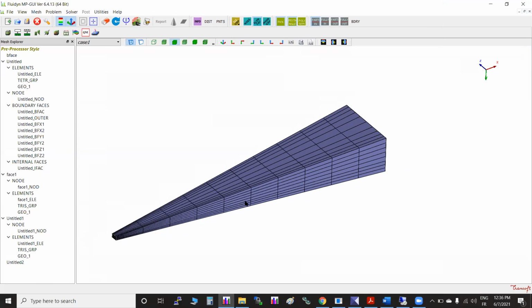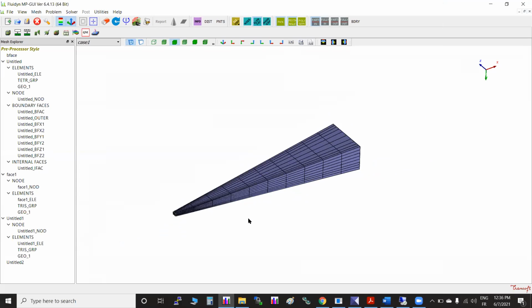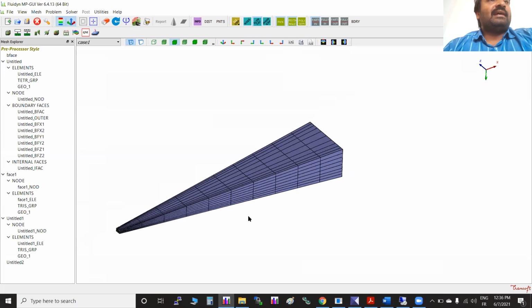What about the quality of meshing in Fluidyne compared with other analysis software? Whatever solver is there, finite volume code, it is based upon a particular mesh structure. So we have certain criteria in mesh. As long as we are following those mesh quality criteria, there is no issue with result analysis.